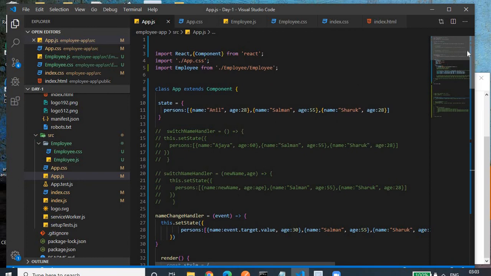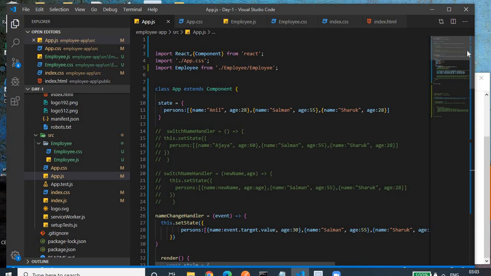Up to this I covered everything necessary for today's session. For summarizing, I covered state in React.js, state update, state management, how to handle the click event, how to handle the onChange event, how to pass a function reference from parent to child, and how to use inline style and external style.